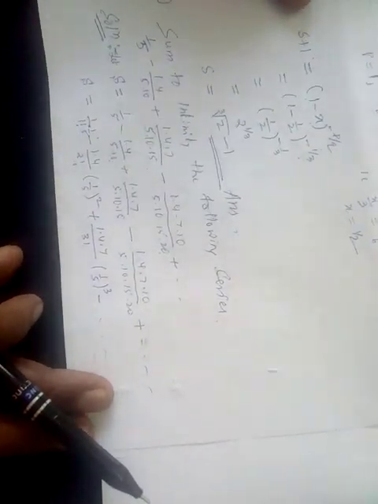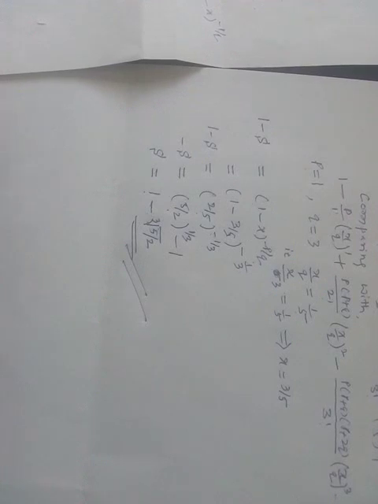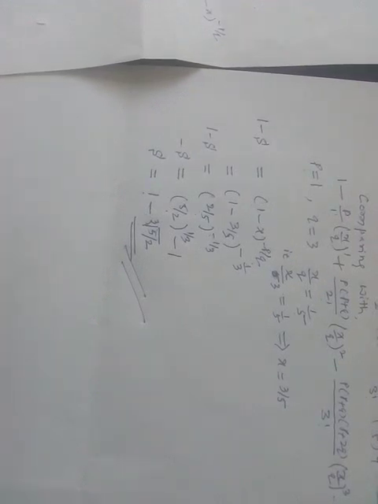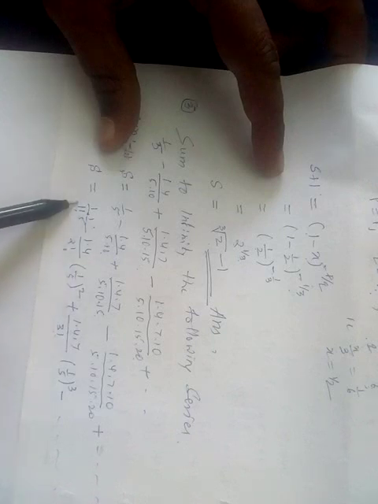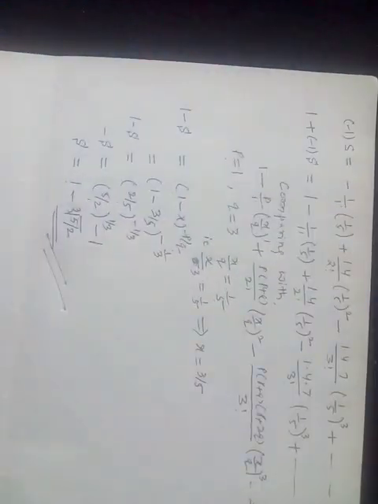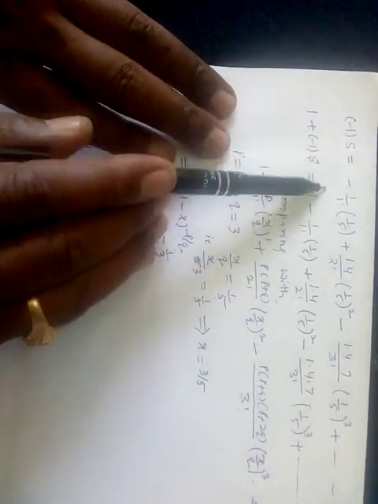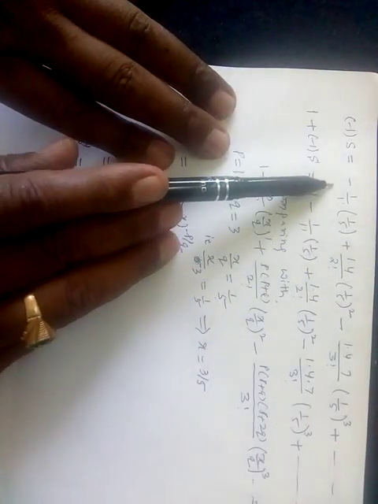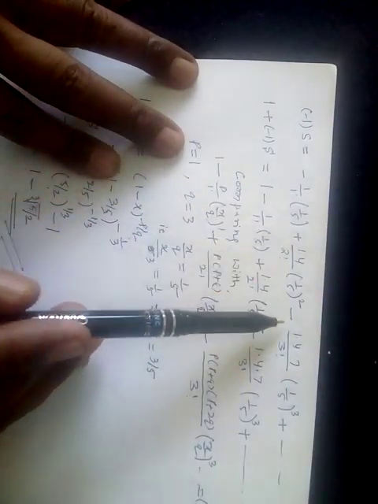Now after that, if your series is an alternating series, the odd degree term should be positive and the even degree term should be negative. Just see here: this is an odd degree term but the sign is positive, and this is an even degree term but the sign is negative, whereas actually you require the even degree terms positive and odd degree terms negative. Therefore, to get that I will multiply by minus 1 on both sides. Now I get odd degree terms negative and even degree terms positive, and so on.